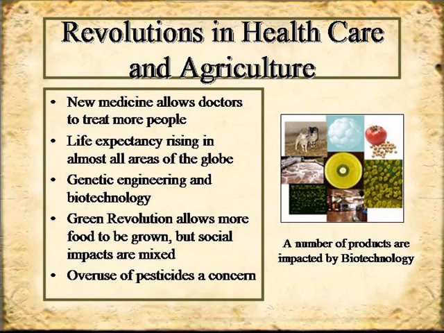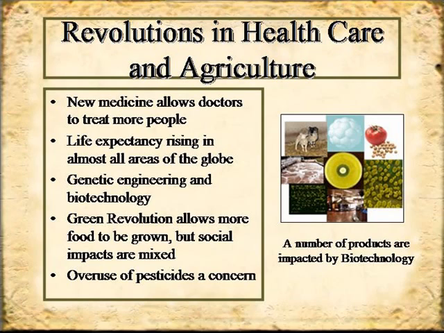We're also seeing some changes in healthcare and agriculture. Certainly new medicines have allowed doctors around the world to treat people more effectively and to continue to allow for life expectancies to rise. The average age of people dying in most parts of the world is getting older, which is obviously a positive thing until you think again back to our discussion about population growth. If we have more people living longer, that's going to increase the number of people that are on the earth